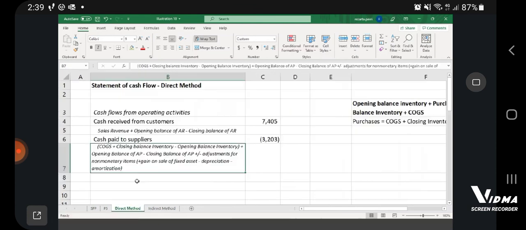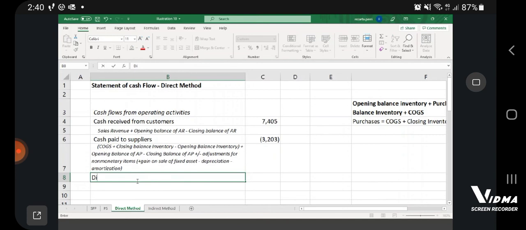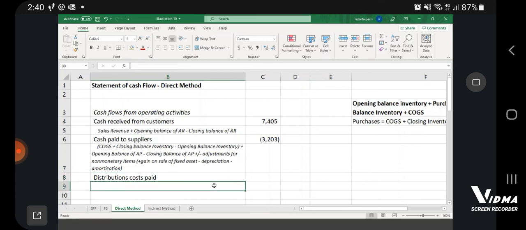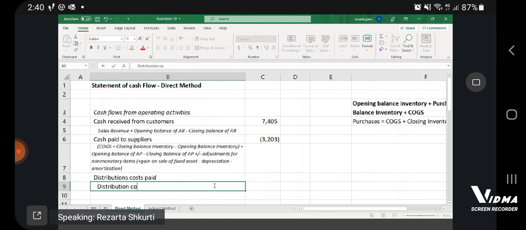In the direct method, I would say distribution costs paid. If you see, I just added a word there, paid. That means the part of the distribution cost that I have actually paid. Again, what is the formula that I need to use here? It would be distribution costs from the income statement plus